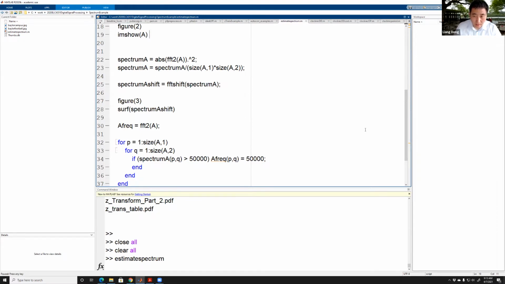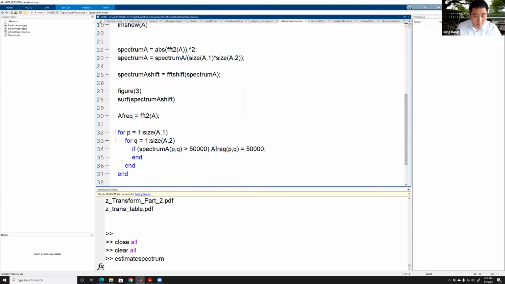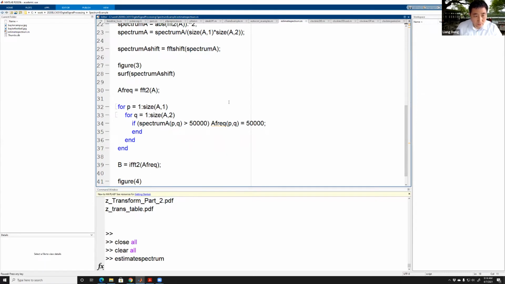In figure 3, I'm going to show the spectrum. Because the input is 2D, the output is a value, so I'm going to show you a surface of this 3D image. The input is XY, the output is my value. So figure 3 is the spectrum. And then what I'm doing here is taking the FFT on the original grayscale signal,